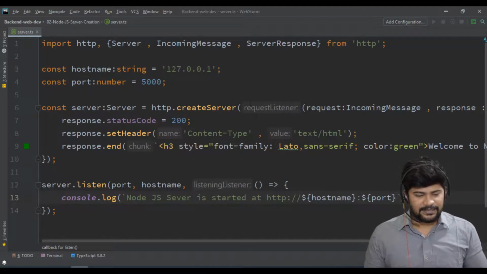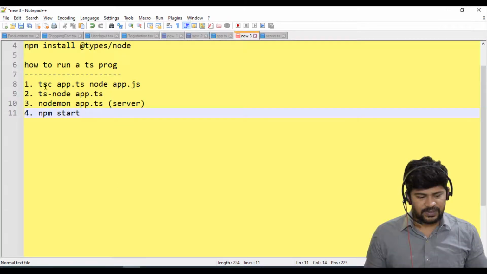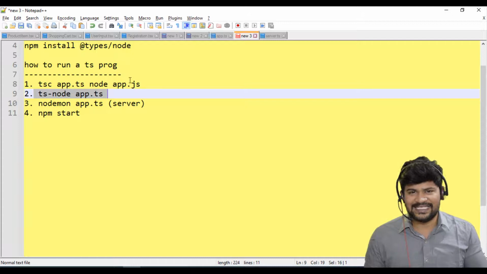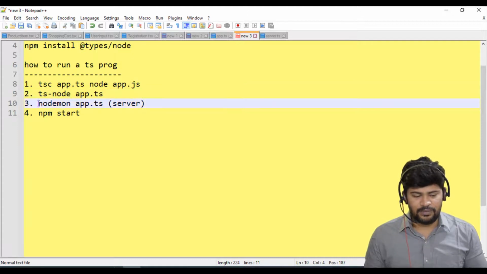I will explain each and everything in a minute. First, let me start the server and check. How you start the server is, we can either run this command or this command or this. The problem with this command is that if you make some changes, you have to run the command again and again for every file change. Instead, you go with nodemon.